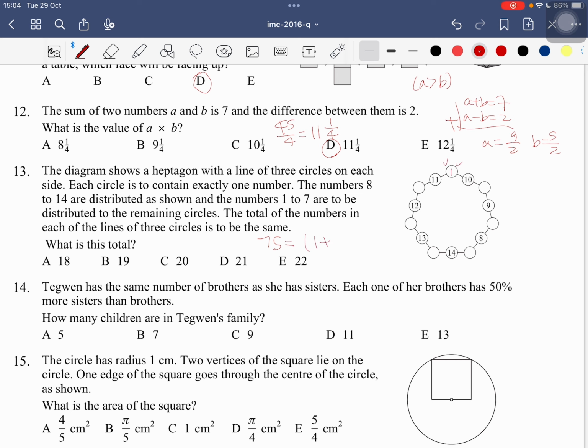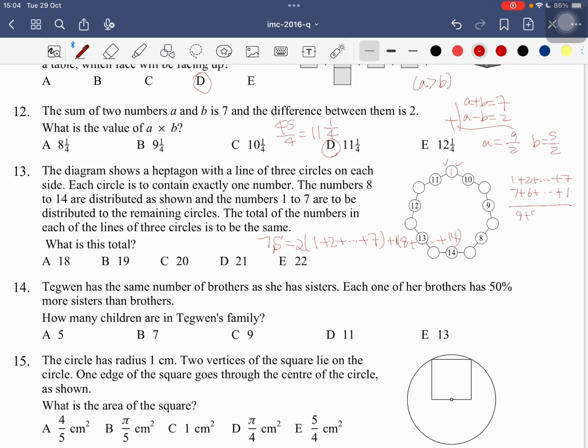So from 1 to 7 will be used twice, while from 8 to 14 is used once. So this is 7S. So from 1 to 7, 1 plus 2 plus up to 7, when we add them all,